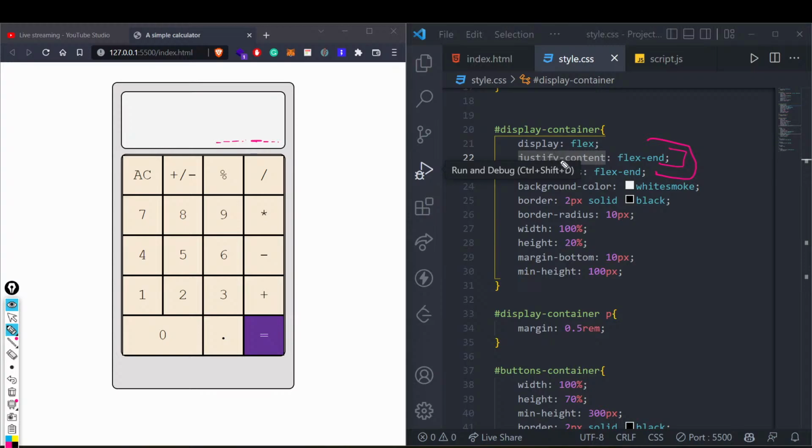Justify content flex end will mean that we are starting from this particular area, from the left side of this. Sorry, the right side of this. And this next line will mean we are starting at the bottom of this, right? If I would not have written this last line, the text would come from the last line, but it would not come from the bottom area. So by writing these 2 lines, the text will come from this area, right?